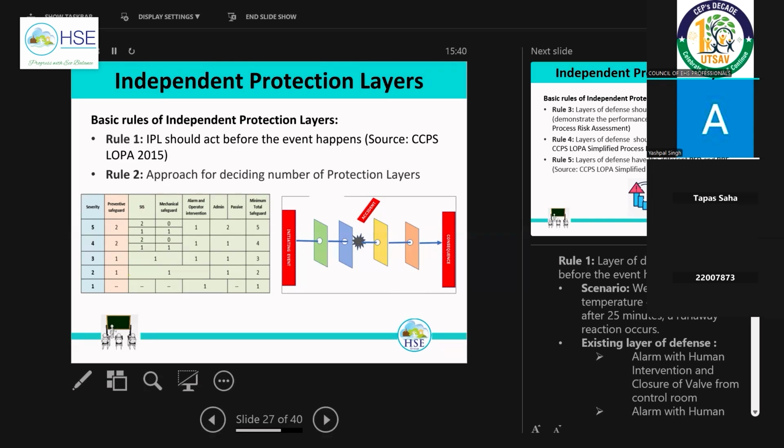If you see, there is a severity 5. So preventive safeguards should be minimum 2. That is a basic requirement. If we take all mitigative safeguards, our actual risk assessment can be considered poor or not adequate, because all are mitigative, so we don't have any prevention of the cause. It means we are allowing the cause to happen, and then we are mitigating the consequence. So a minimum of 2 preventive safeguards in case of high severity is always a must.